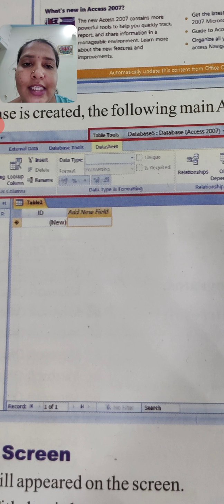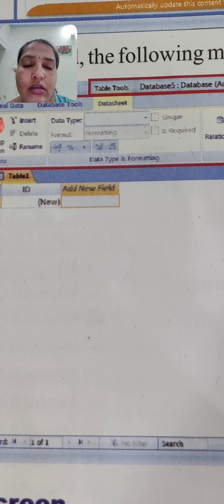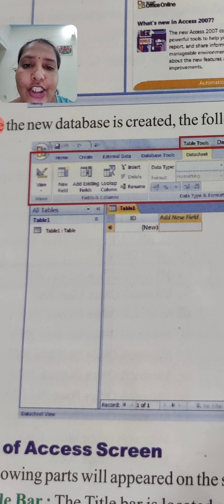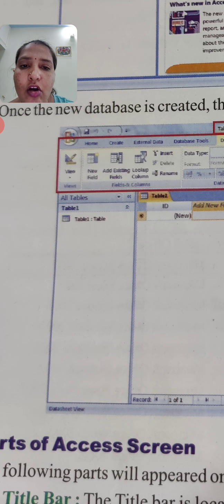That is the data sheet. So we have to hit the data sheet. Once we have hit it, the table option will be there. Once we hit the table, it will show all the tables.